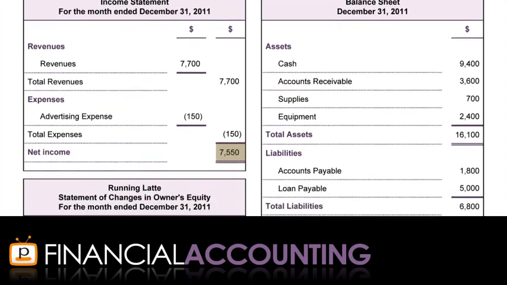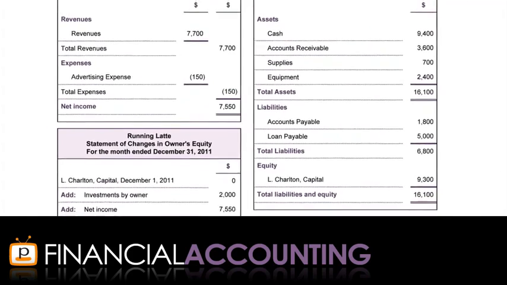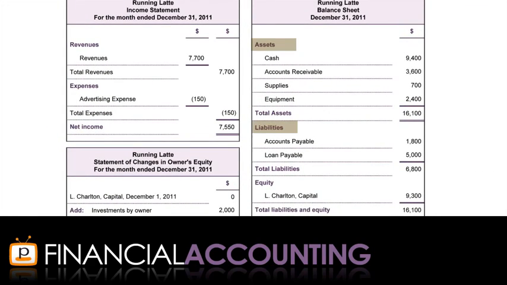Notice that net income is actually an input in the statement of changes in owner's equity. This statement identifies the movements in equity over a period of time, including investments and withdrawals by the owners of the business. Again, notice the ending balance of capital from the statement of changes in equity is reported in the equity section of the balance sheet. The balance sheet is like the accounting equation and presents the balance of the assets, liabilities and equity of the business at a specific point in time. It is like a snapshot of the business and is the only financial statement that is as at a particular point in time rather than over a period of time.